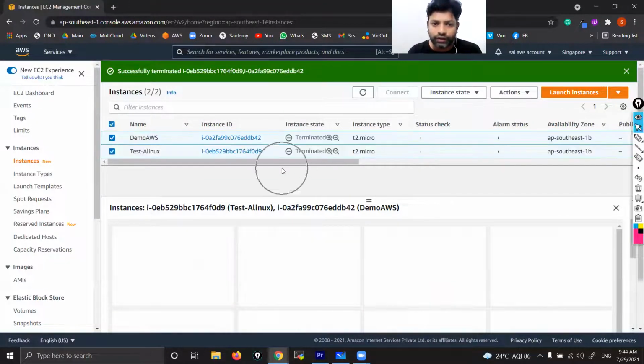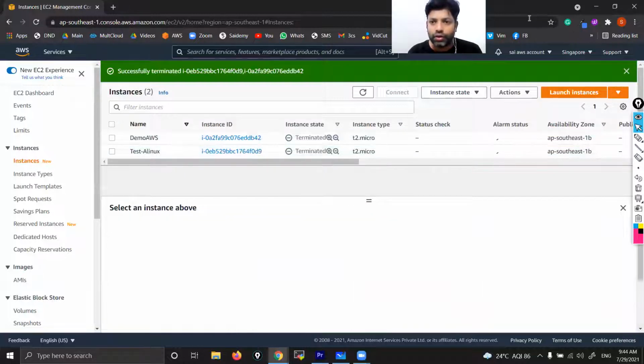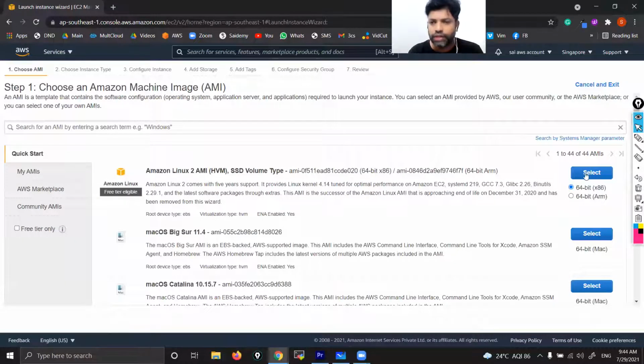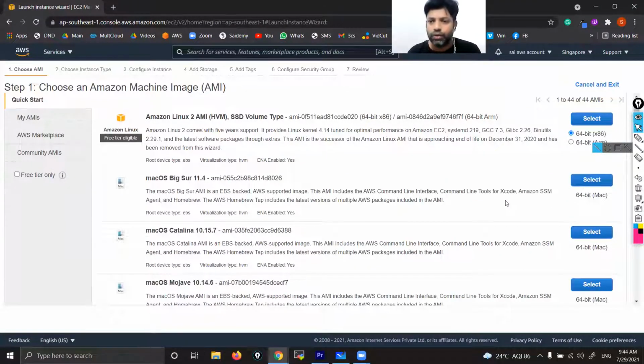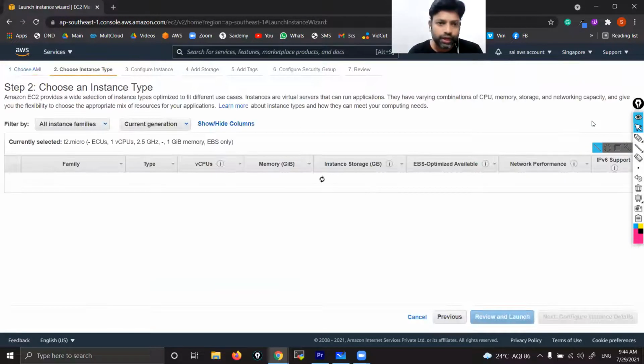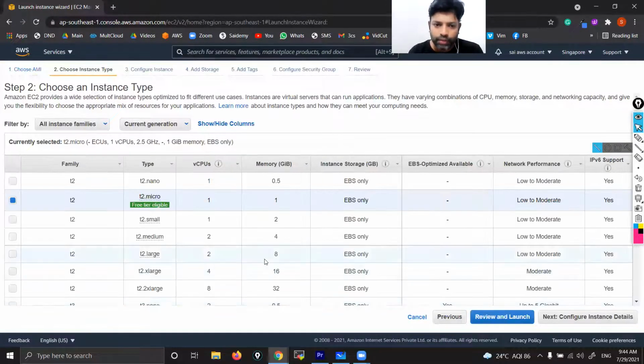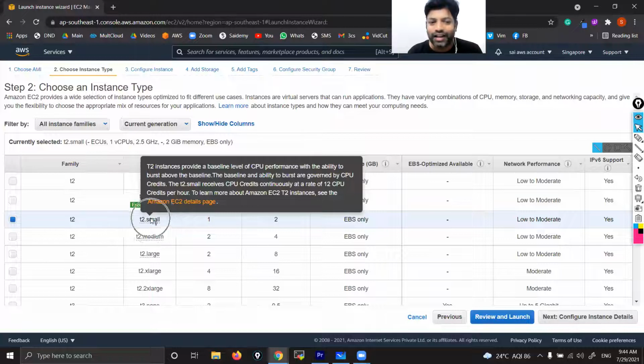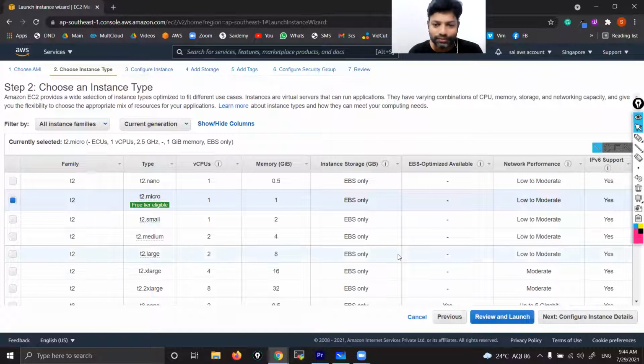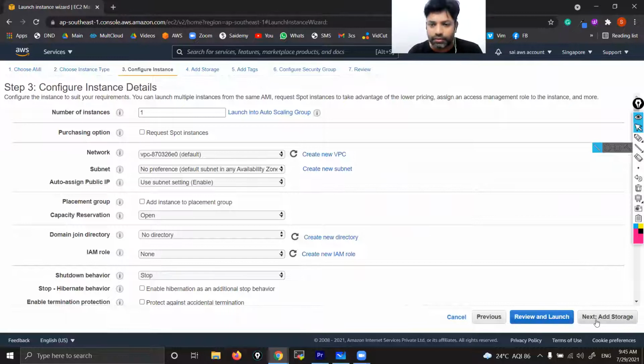So I've terminated these two instances, right? Now let's launch a new instance. Here, launch instance. You can choose Amazon Linux. After showing this, I'll show you how to launch other instances. Select T2 micro. T2 small also you can launch, that's okay, but don't select it. If you select it, you will go out of free tier. This won't come under free tier, that's why you don't select it. I'm choosing so that I stay in free tier. Next. Next.